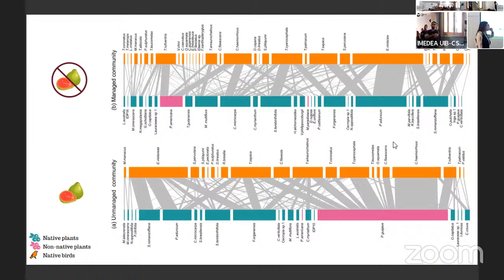Okay, so when we have a species that is so attractive, native species that also depend on seed dispersal by birds or other animals start to not receive interactions in this period. So in the long term, no native species will evolve to get more interactions. Well, this is a hypothesis.